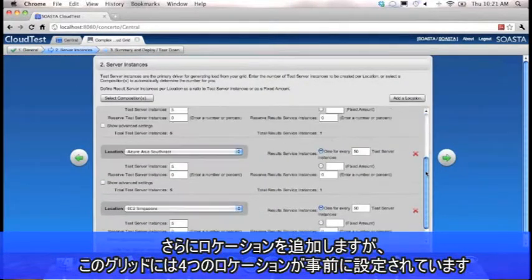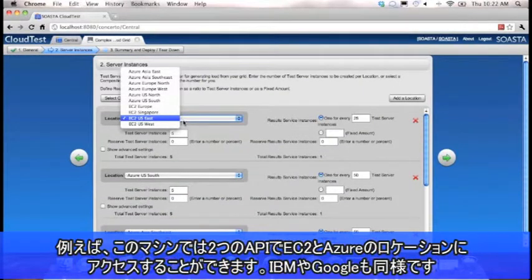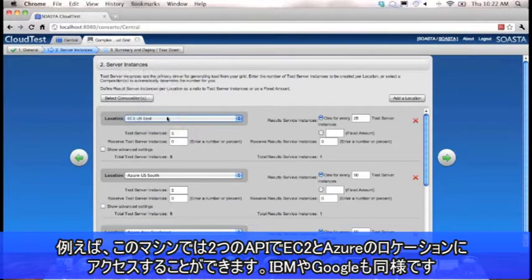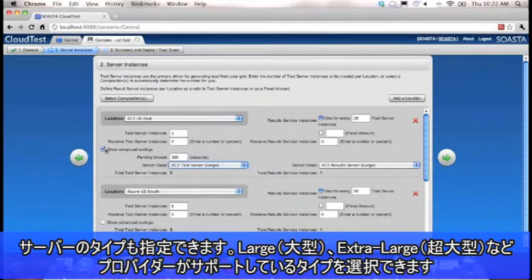And you can see that in this grid that I've predefined, I added 4 locations. In these locations, you can use, for example, on this machine, I have access to 2 APIs. Those can be EC2 in all of their locations. It can be Azure with all of these locations. You can also deploy servers in IBM, GoGrid. And you can deploy any type of server. If you want to get a large server, an extra large, quadruple, so we support all of the types that